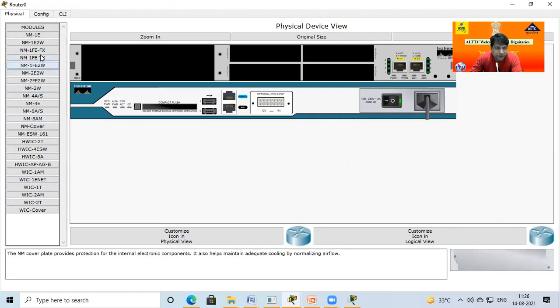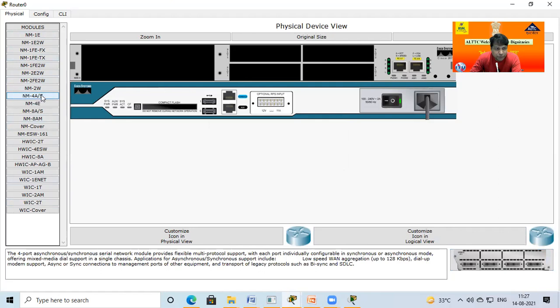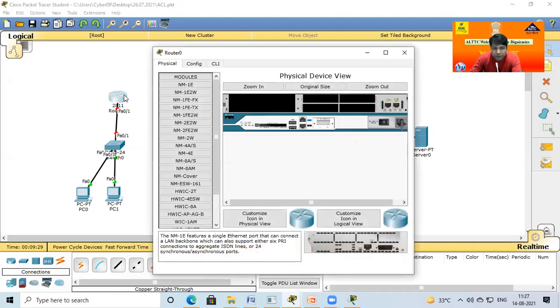You also have a fast Ethernet port. This is a fast Ethernet, but it is already planned. The intelligent human is very smart, and he takes the minimum rate and good quality and good opportunity whatever is available. He uses that here. Okay. So now here is the NM4S, 4 serial ports. 4S means 4 serial ports, and this one has 8 serial ports. This is 8 ports. Now again see here, just move my mouse here, so you can see fast Ethernet 0/0 and 0/1. But I want an additional port, click here.